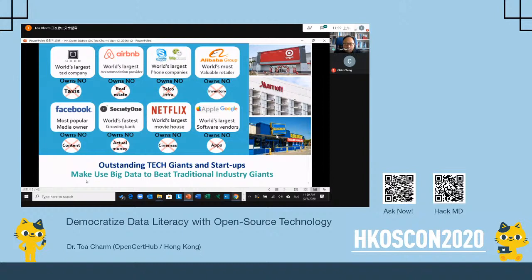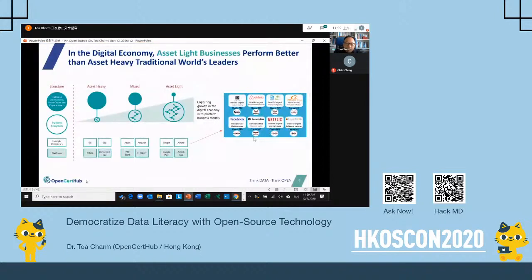Look at all these successful companies right now. They are working very hard to build up the ecosystem, because they can capture enough data, the big data we talk about, and make a fortune out of it, while at the same time making their customers happy. Look at this chart, it's a very good chart. Many traditional companies I work with right now are looking for digital transformation. So what does digital transformation do?